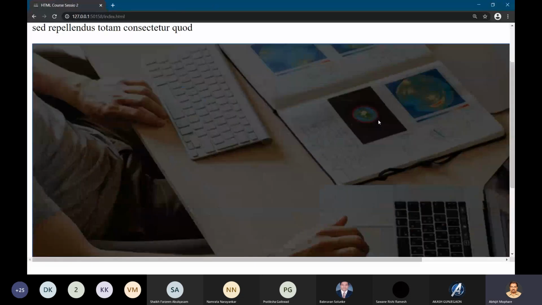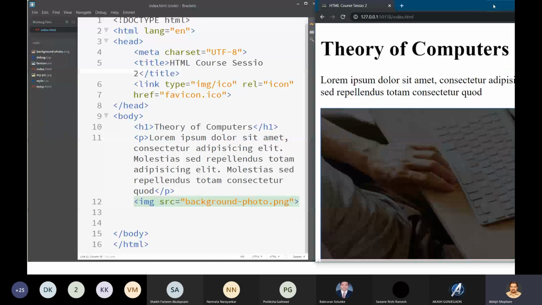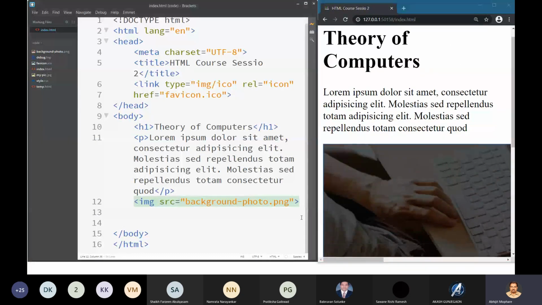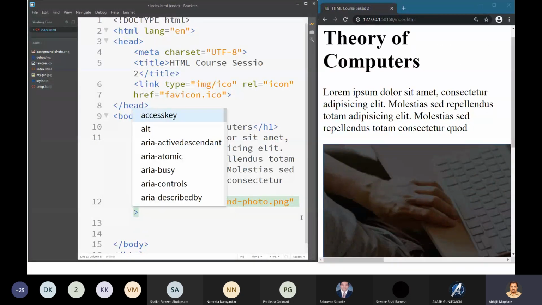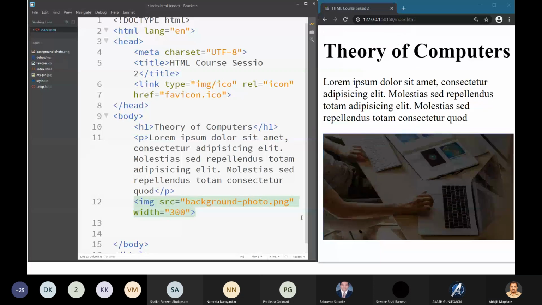So if I want to display it within a very limited area, then which attributes do I have to set? I have to set width and height. Yes, we have just seen. So let me say width is 300 and height is let's say 250.